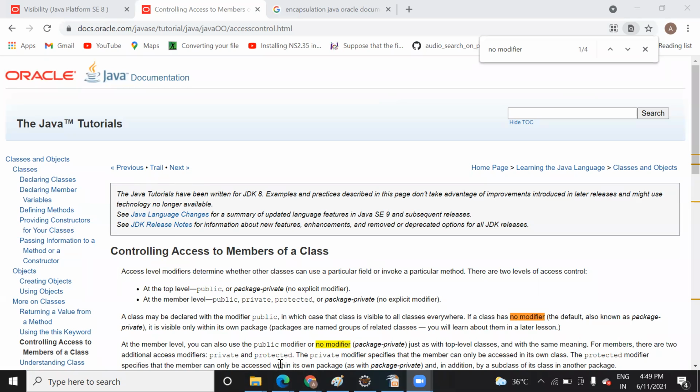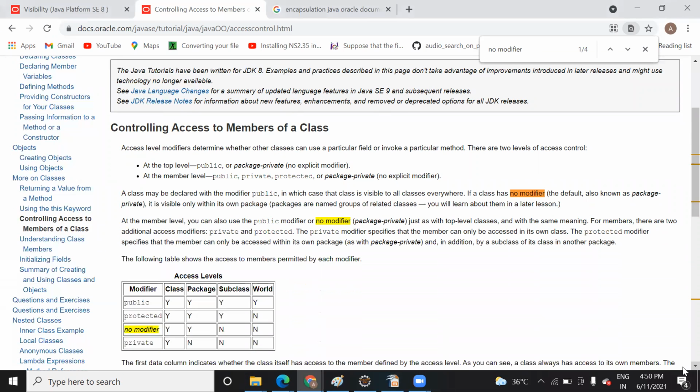Read about this member. See, declaring a member is nothing but your method and variable. When they say member, it means a member of the class, just like in a family, you are a member, right? So variables and methods are also members of a class. When anyone says define the member of a class, that member can be your variable or method. We use it interchangeably. What do you mean by member? Member means your method and variable.